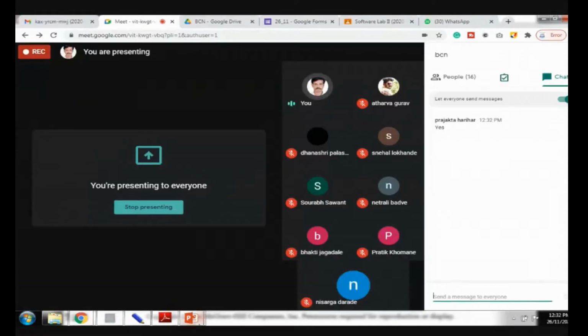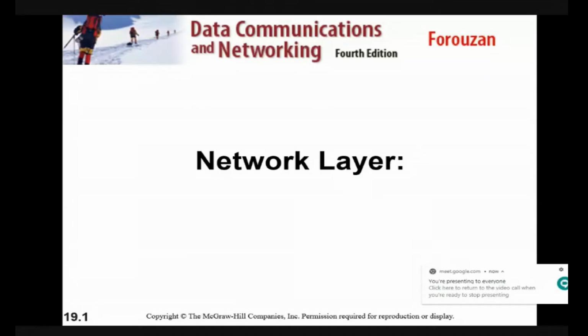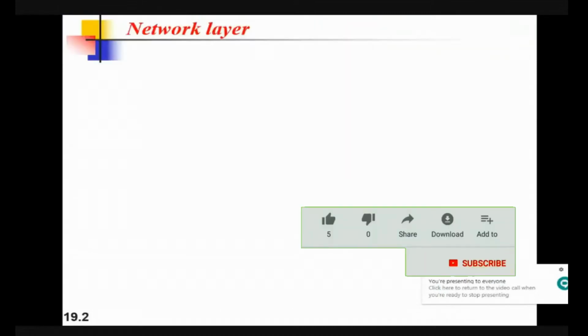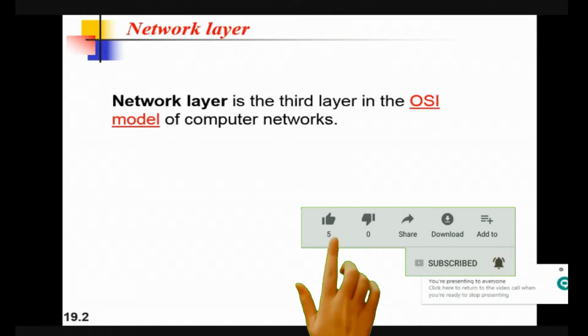Okay, so let us start with today's topic, that is network layer. So network layer is the third layer in the OSI model. We have studied the OSI model, in which we have studied the 7 layers of the OSI model,